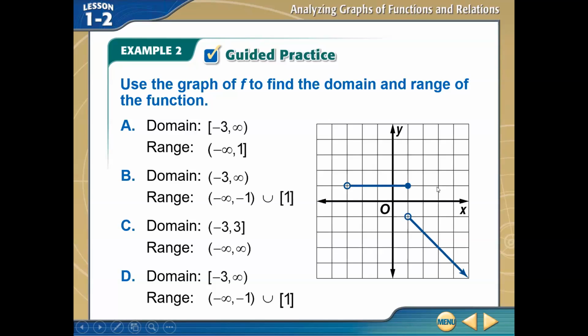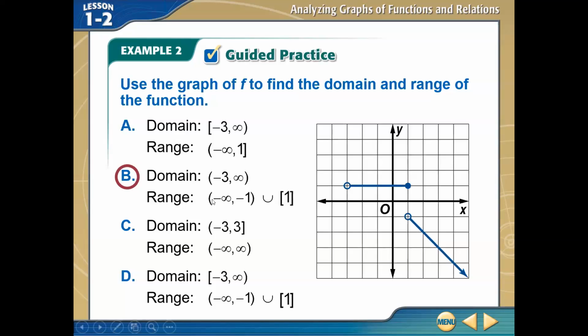And then we want to look at our range. So we stay pretty consistent at 1, but then we know we're not including negative 1, and then we're down to negative infinity. So we want to find an interval notation that has us from negative infinity to negative 1 with negative 1 not included, and then also has 1 within brackets. So looking at this one, I'm going to say that it's B